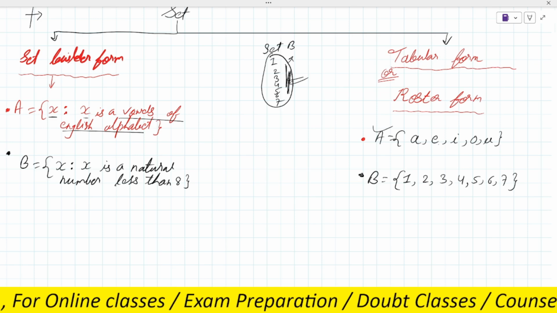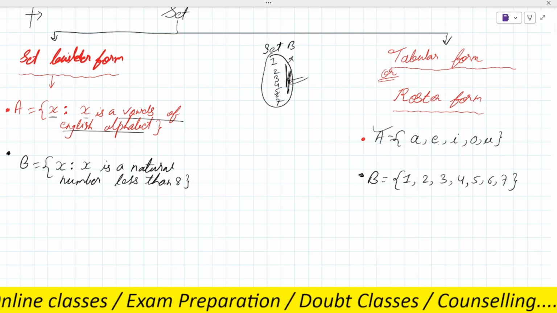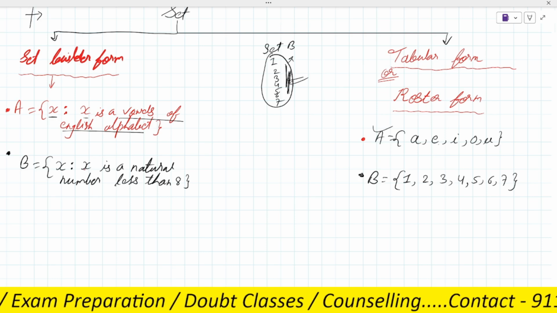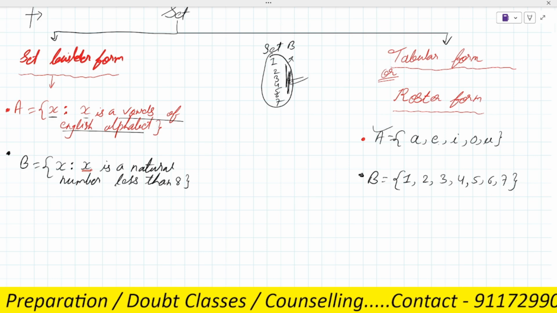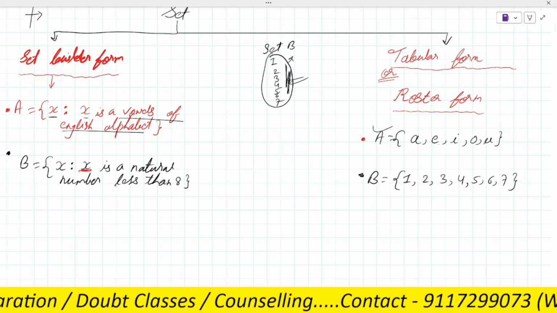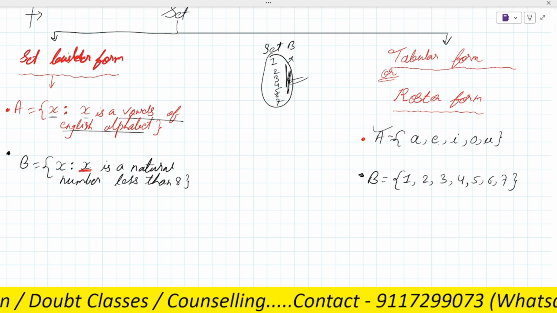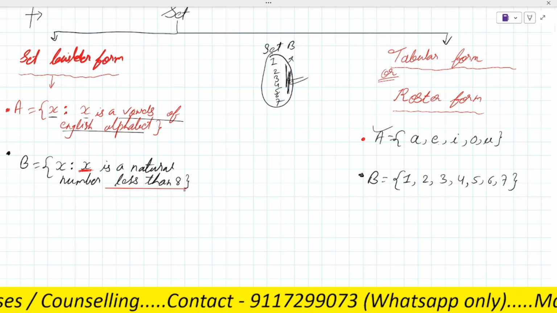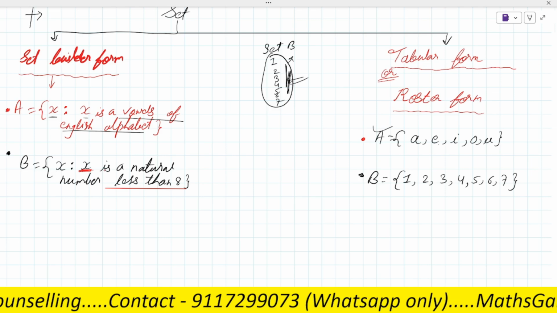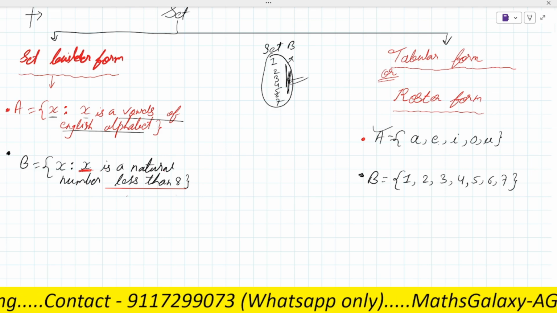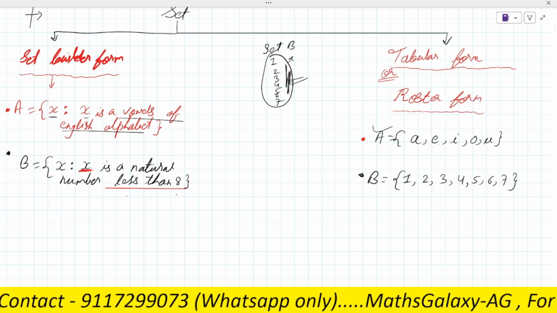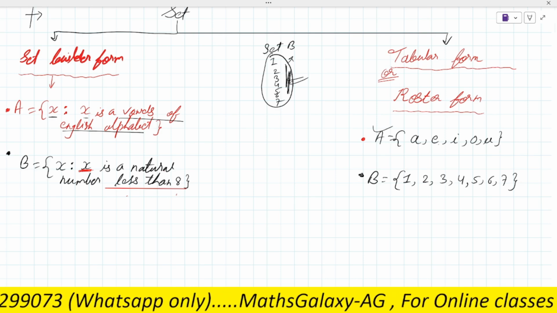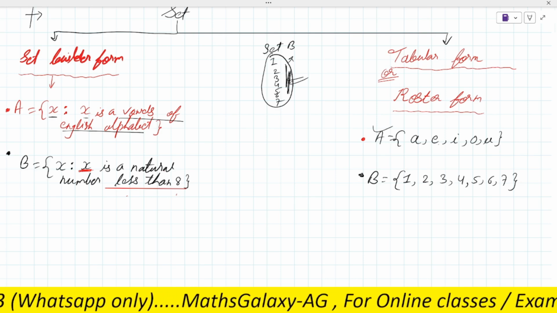No, sir. If it's less than 8, then, because here the statement is that the elements, which are denoted by x, the variable x, will be less than 8. If it were written that x is a natural number till 8, then at that time we take 8 also. Is it clear?